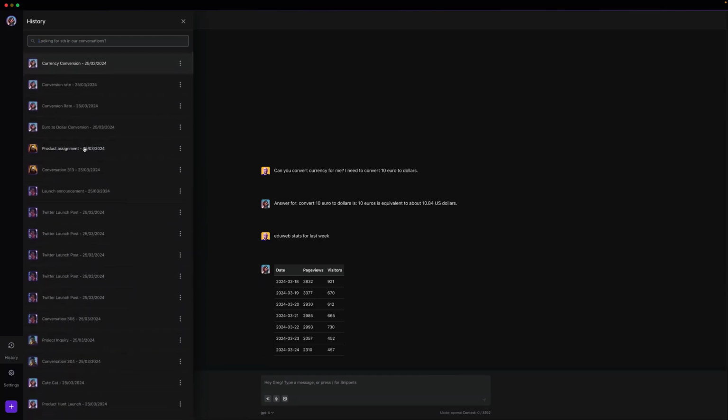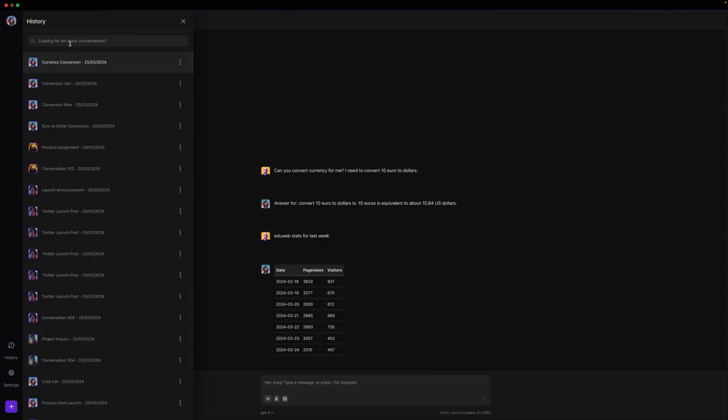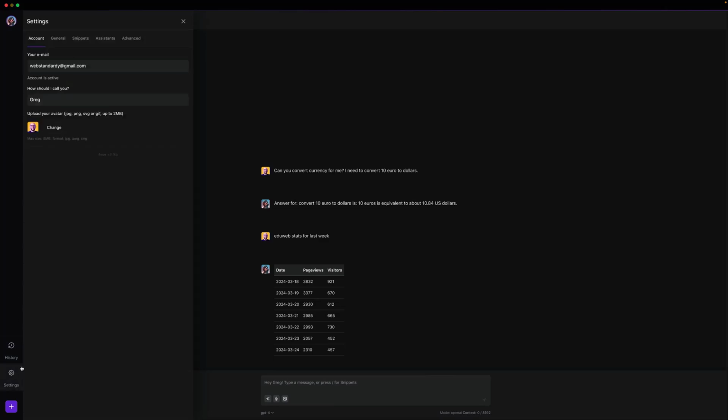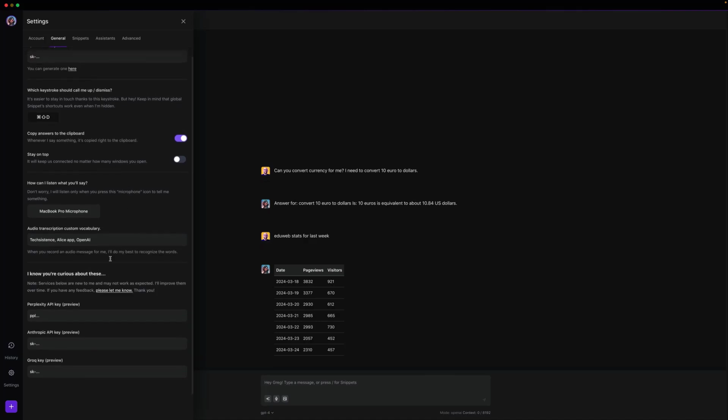You can scan through your messages, move through the history of the chats, rename them, and look for some specific conversation. You also have settings here, and in the general settings, you will be able to provide your OpenAI API key, and this is how you pay for the tokens, as well as Perplexity, Anthropic, and Grok. But on top of that, we also have our AI credits plan that will grant you access to most of the models and all of the models that we'll be adding in future, so that you don't have to register every